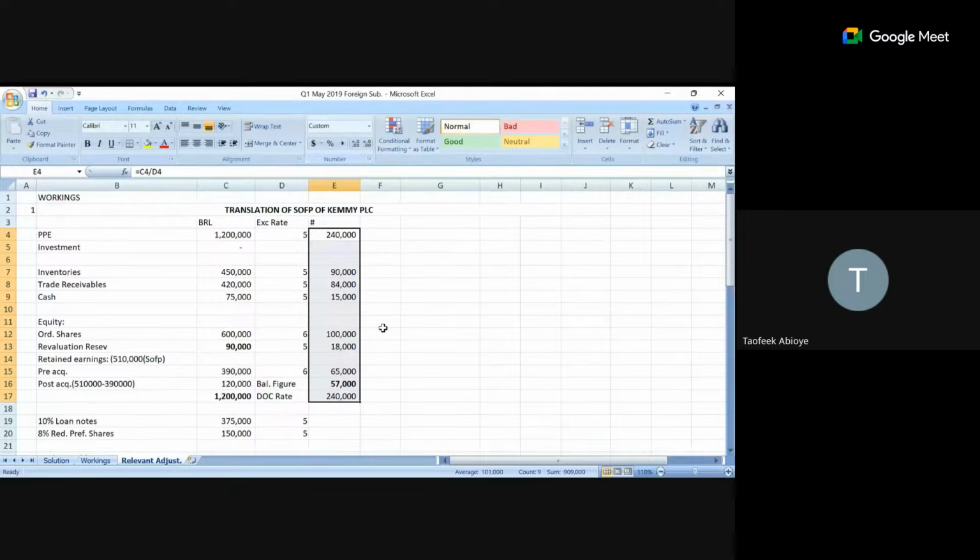That's how we get our balancing figure. Do I have any question? I have a question,